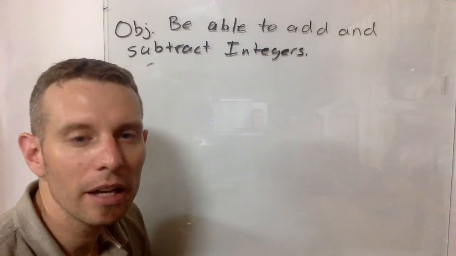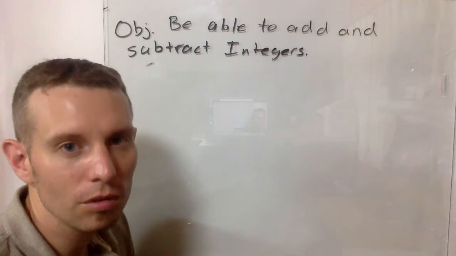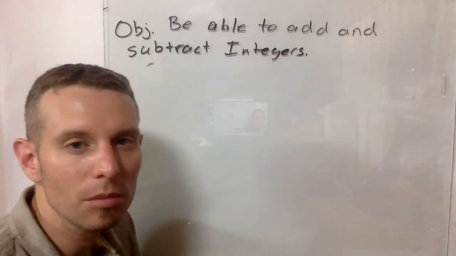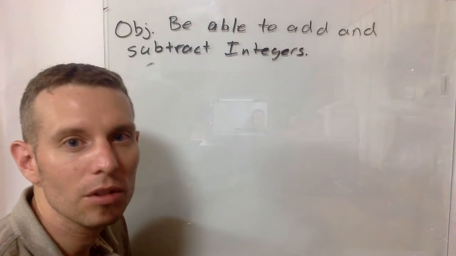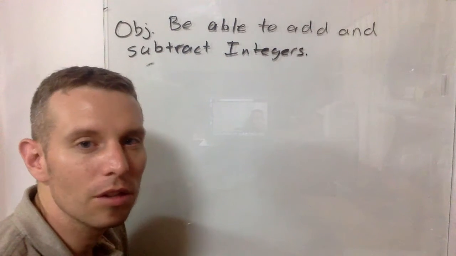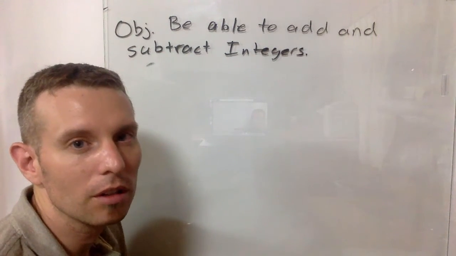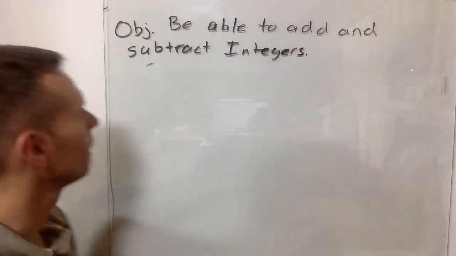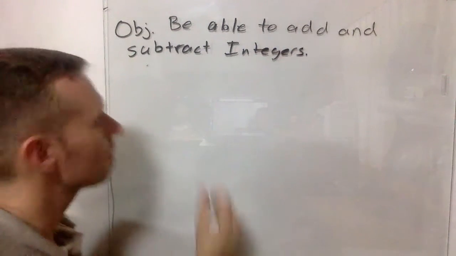To be able to add integers, there's a few rules that you could remember. I can also model this in class if you would like me to on a number line. Just please ask if you want me to do that for you. And so I'm just going to give you the very down and dirty version here. To add integers,